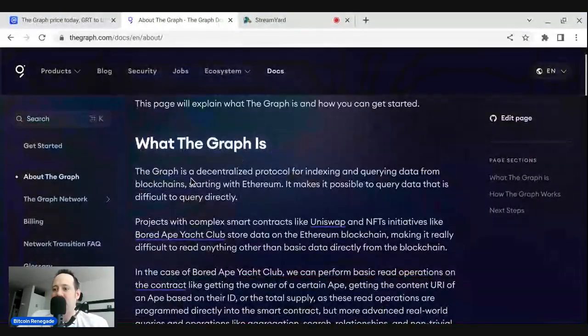The Graph is a decentralized protocol for indexing and querying data from blockchains, starting with Ethereum. It makes it possible to query data that is difficult to query directly, and it would cost a lot of money to store on Ethereum. So that's why a protocol like the Graph is very important to blockchains like Ethereum and even Cosmos and other